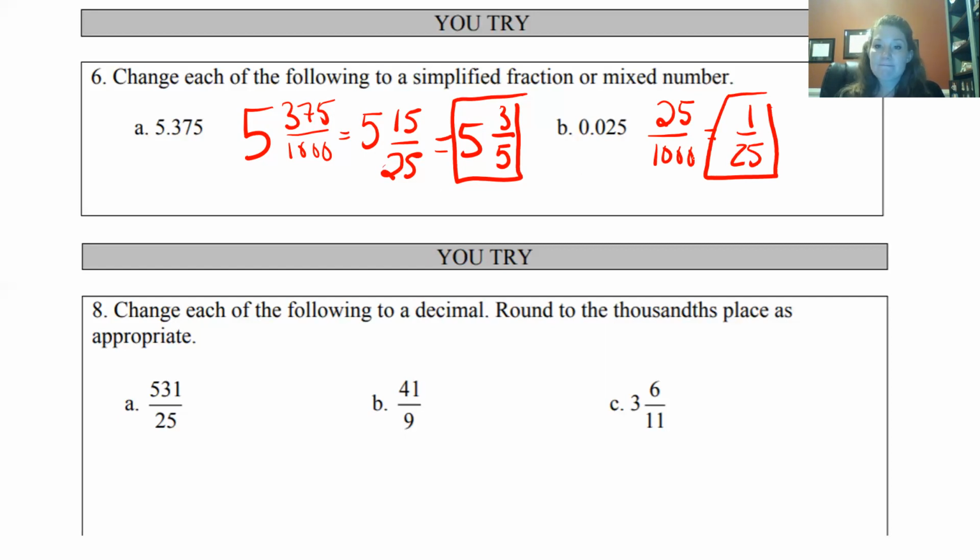Okay. All right, number 8, we're going to simply divide the top by the bottom. So we're going to divide 531 by 25, and we get 21. In my calculator, I get 21.24, and we didn't have to round to the thousandths place because it terminated in the hundredths place. Letter B, 41 divided by 9 is, my calculator says